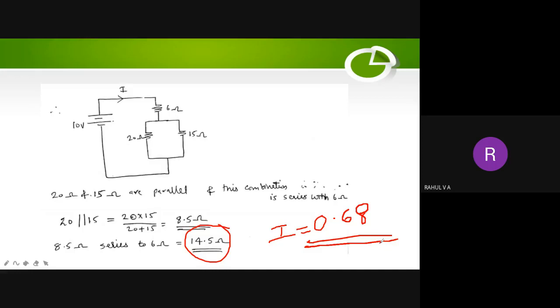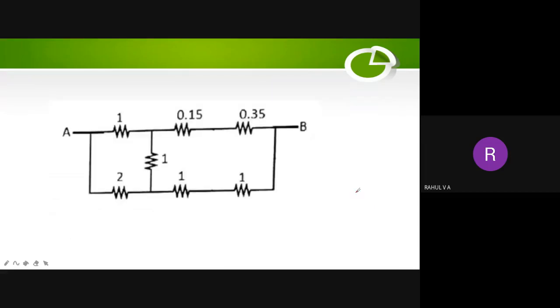So this is one important question in the semester exam. They will be asking for either 6 mark or 10 mark. Any one of this conversion will come, either star to delta or delta to star. Okay, we will do one more exercise. This is the third one. Exercise number 3.